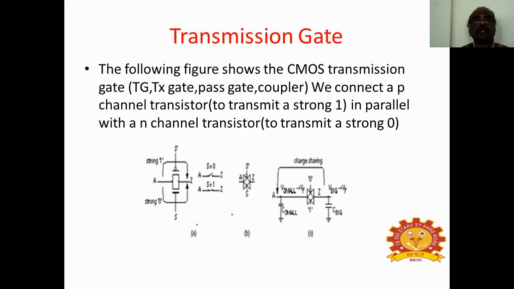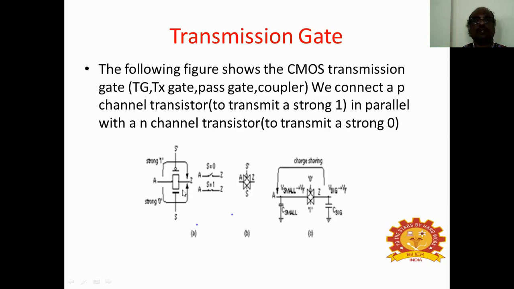For example, if the select signal S is equal to logic 1, then both transistors will be enabled, that is the NMOS transistor and the PMOS transistor. The bubble on the gate indicates it is a PMOS transistor, and when there is no bubble on the gate terminal, it is called the NMOS. So when you have a logic 1, that transistor will be enabled, and this is an inverted input. So the PMOS transistor will be turned on when the input is logic 0.